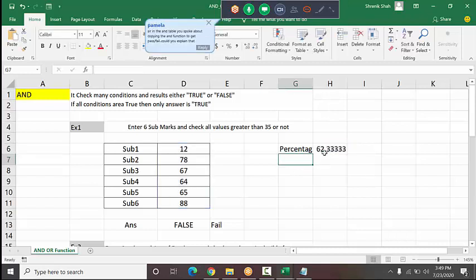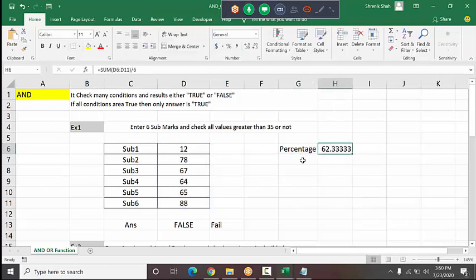See how much marks they scored. They scored 62%. Making the addition of all the cells, I divide the value by 6. It prints the answer in percentage. It prints 62.33.